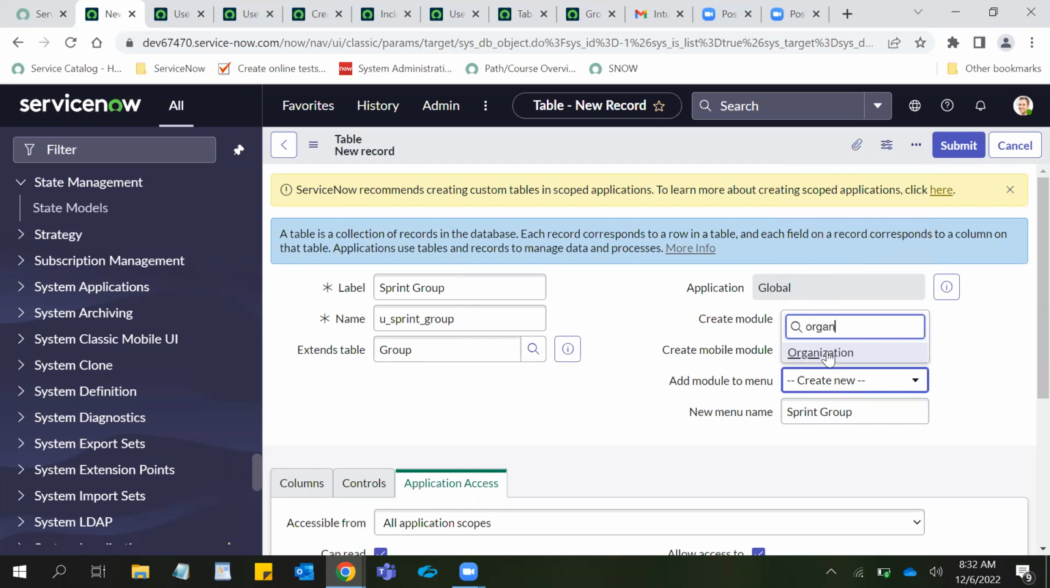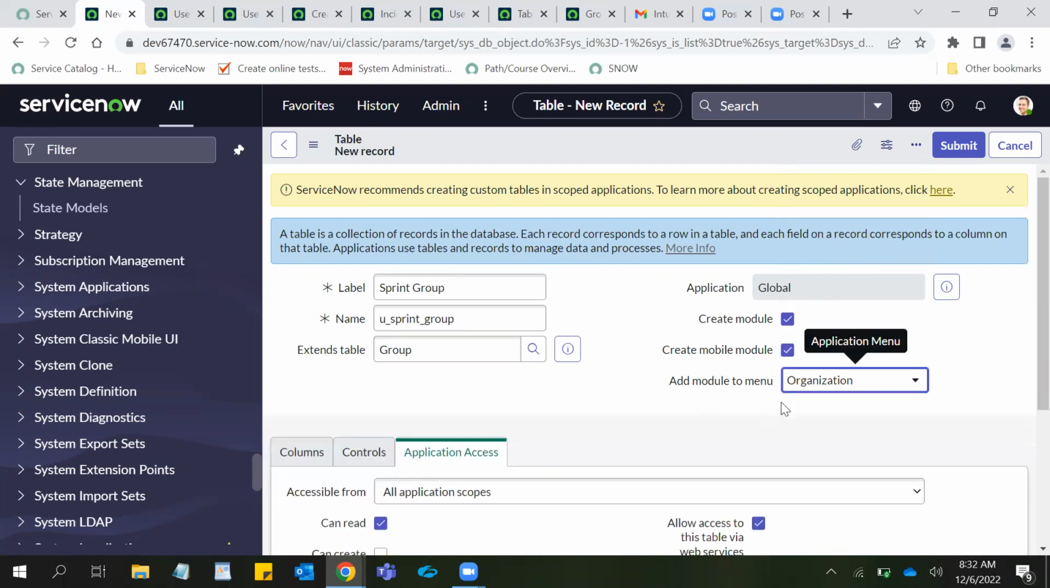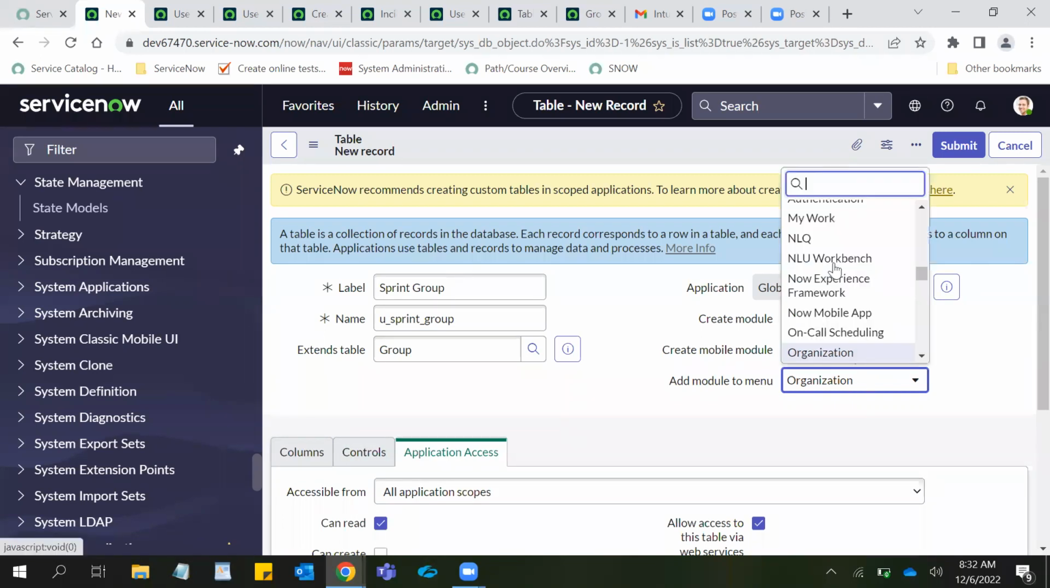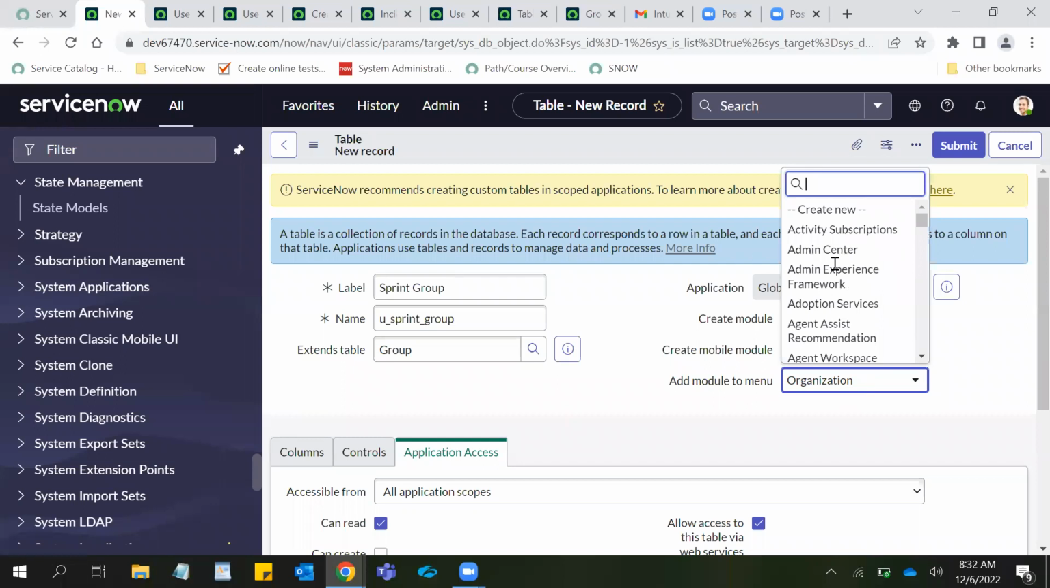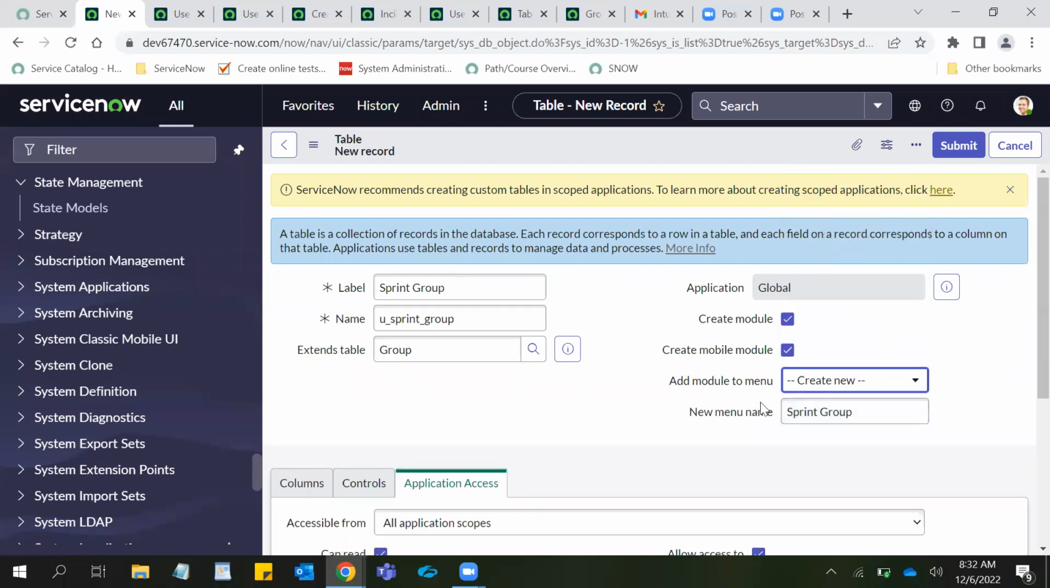Okay, so if I select this, you see that the new application menu option went, right? Because I'm telling you to add this module to an existing application. That is why a new application won't be created. So if I make this none or create new, then I can see the new menu option. It is just asking whether you want to add this module under an existing application, or do you want to